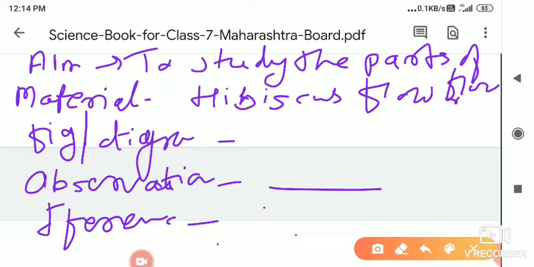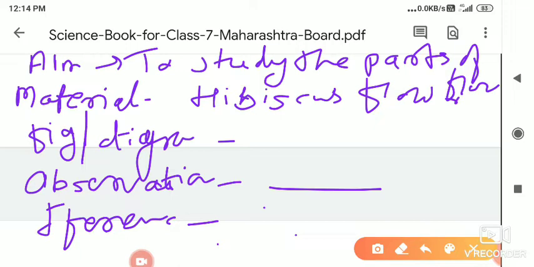On one page you have to write this, and whatever you are doing, how you are observing, you are going to make one small video about it and send it to my personal number. I will observe what you are doing in the video, and then you have to send this page to me, and I will understand how you did the experiment.